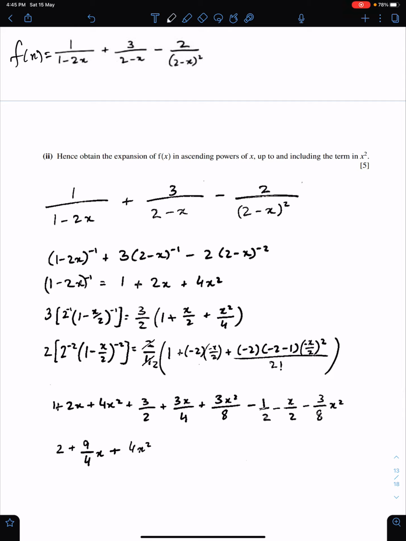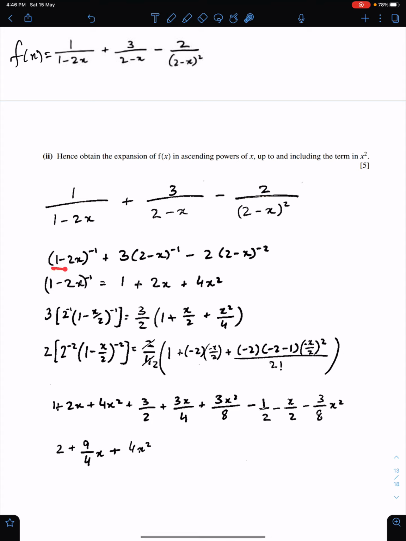Hence, obtain the expansion of f of x in ascending powers of x up to and including the term in x squared. Here you have to use the binomial theorem. This is fine. You can expand this directly. You just need to bring this in the numerator. Here the problem is you have to take 2 common from this expansion and from this as well. So first bring everything in the numerator if you want. You can take common here, or you can take common after bringing things in the numerator. You can use any way. So this student brought everything in the numerator here,